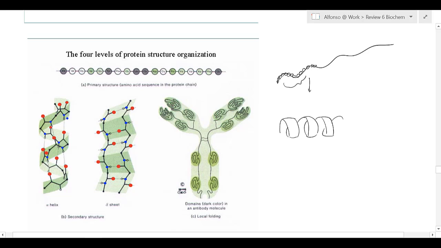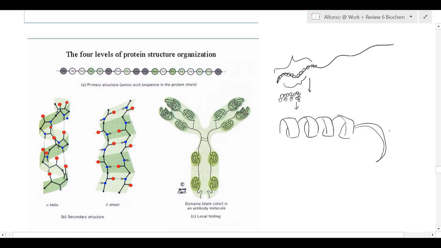So what's happening is every single one of these amino acids is turning into a helix, or they're forming a helix. That's a crappy drawing. But yeah, so essentially they're forming into this alpha helix right here. Does that make sense? And it's because of the specific sequence of amino acids that they can do that. And then